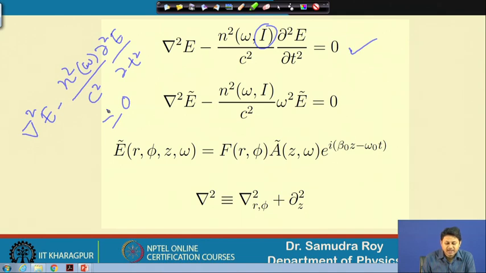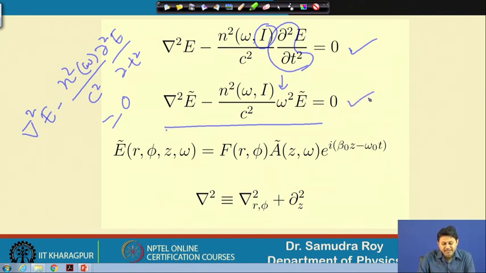Now, we know that whenever we have this kind of equation in our hand, it is easier to solve it in Fourier domain, and if I try to solve this in Fourier domain, which we have done in the previous class also, the technique we discussed in the previous class, if we apply the similar kind of technique, we will find that this equation can be simply written in Fourier domain like this. So, this second derivative can be simply replaced by omega square, and the electric field is now in the Fourier domain, so it should be E tilde. So, this equation is relatively easy to solve. That is why we write this in Fourier domain.